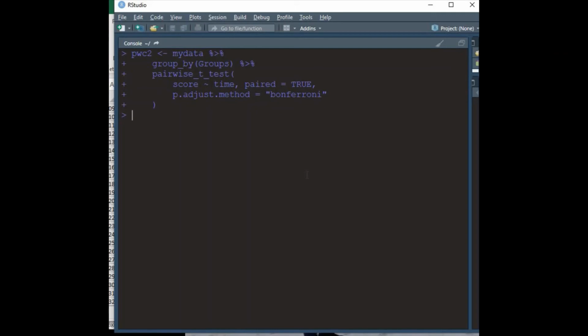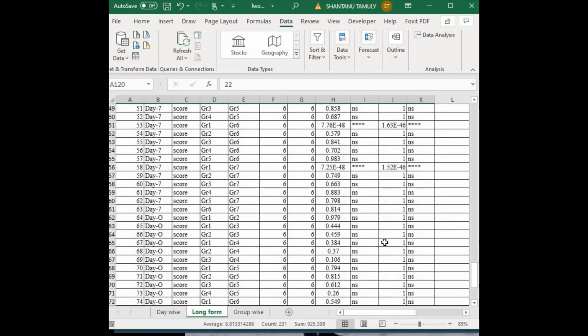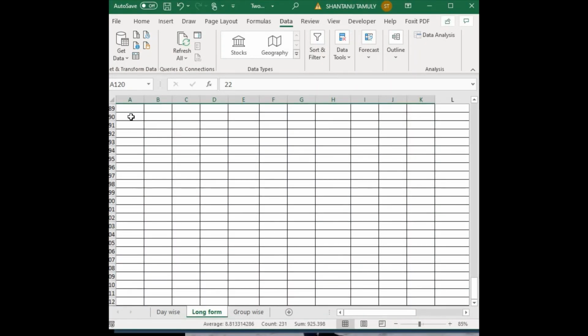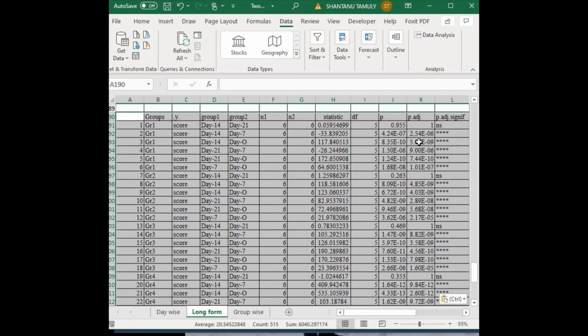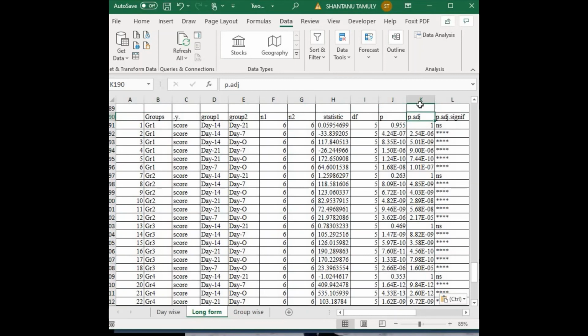Now we can paste this in Excel. CSV, PWC2, then clipboard. Okay, let's go to Excel. We can paste it here in Excel. Yeah, we have pasted. So this column is the